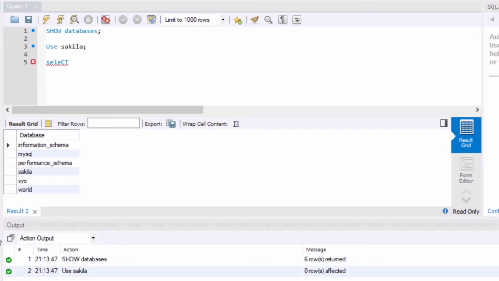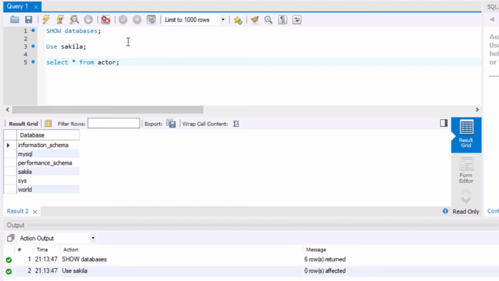So I'm just going to type the query select star from actor, and terminate that query with a semicolon. Now here you can see there are various tables in the Sakila database. The list of tables has actor, address, category, city, country, customer, film, film actor, film category, film text, inventory, language, payment, and so many tables.